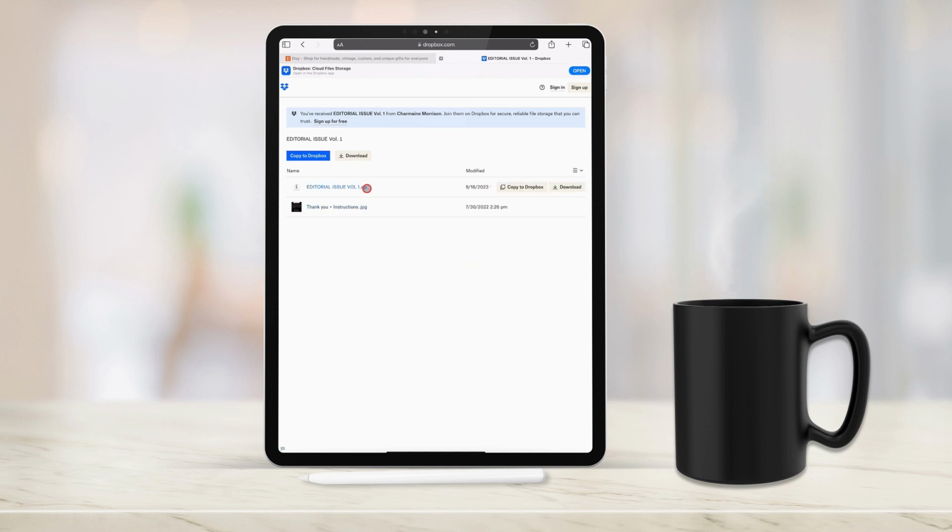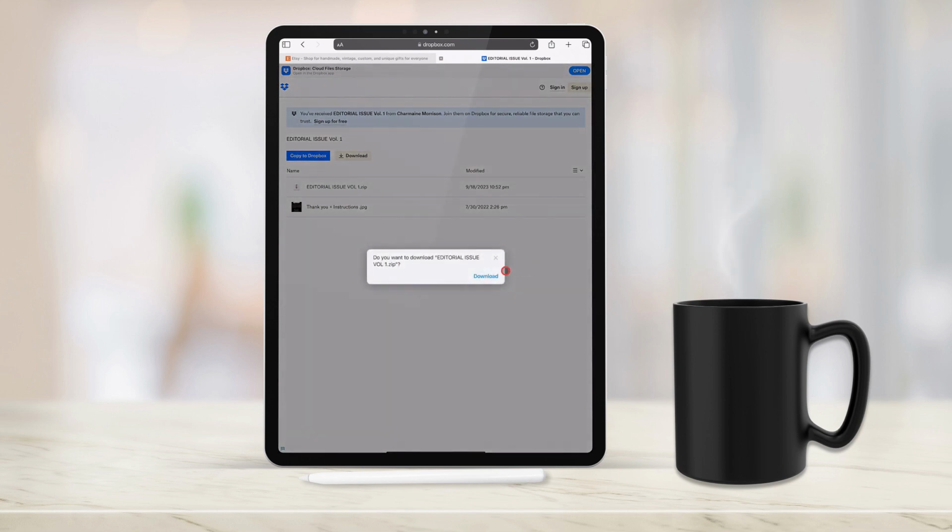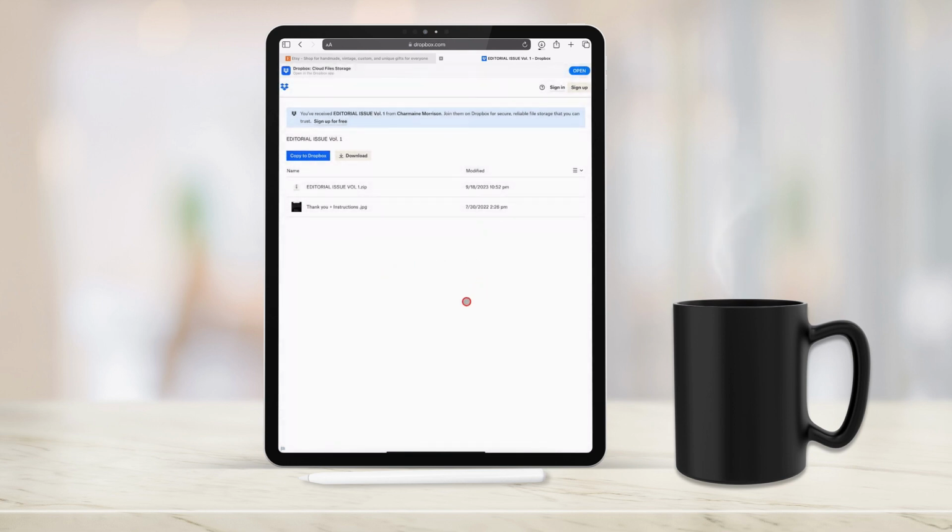So to download your planner, you're going to hover over your zip file, and then you're going to click on where it says download. Then a pop-up box will appear and you're going to click download there. If you take a look in the upper right hand corner, you will see a circle with an arrow in it pointing down. That's going to be your downloaded files, and underneath that you can see a progress bar. So once the progress bar has been completed, you're going to click on the down arrow. It's going to have a drop down menu for you, and then you will see the item that you have downloaded. You're going to select that,